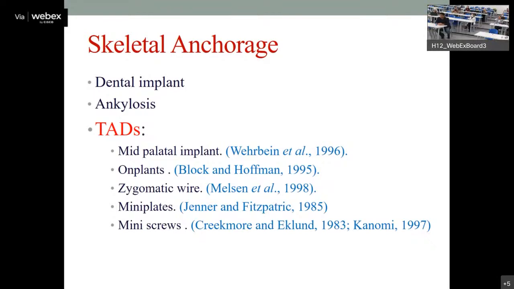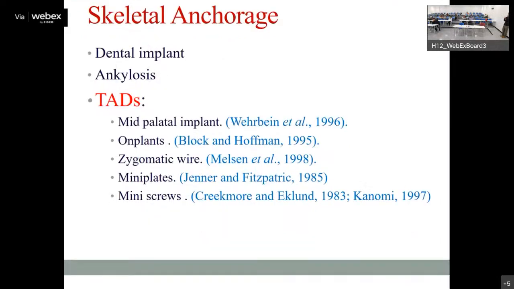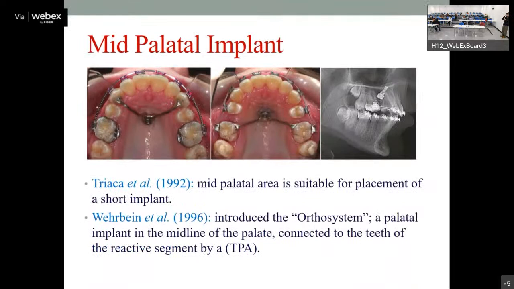Ankylosis. Also, if the patient comes with an ankylosed tooth, it's common for the upper first molar to be ankylosed, for example, or the second primary molar. It's common for those teeth to be ankylosed, so you can use these ankylosed teeth as a source of skeletal anchorage. And of course, the temporary anchorage devices, which include the midpalatal implant, zygomatic wire, miniplates, and of course the mini screws. So let's start with the first one, the midpalatal implant, which was first described and introduced by Wehrbein